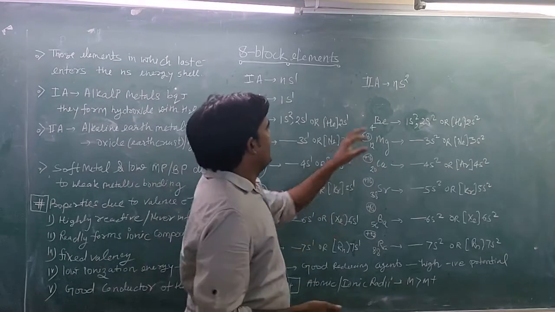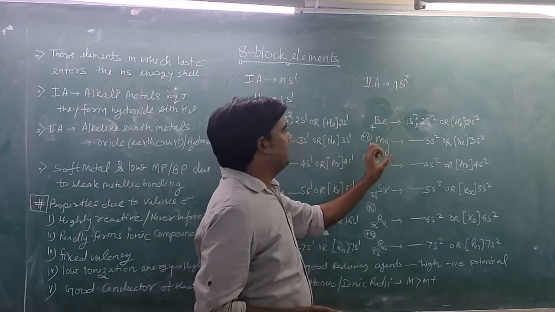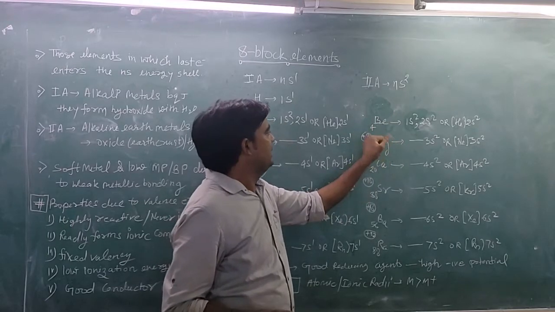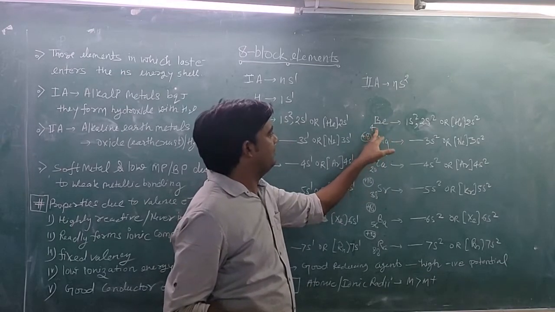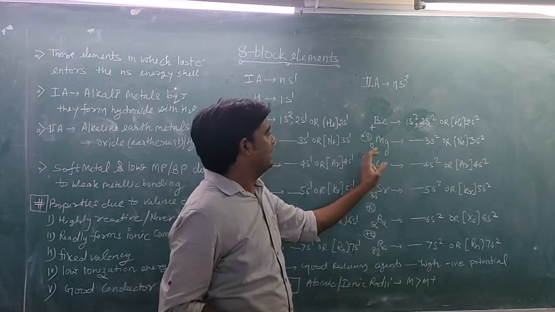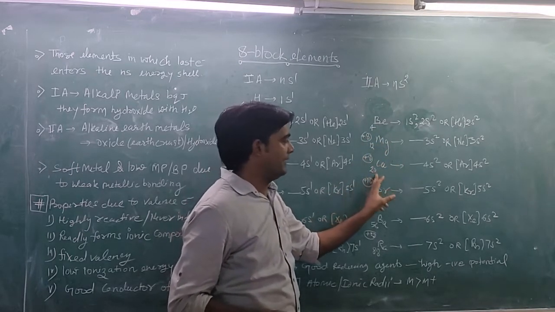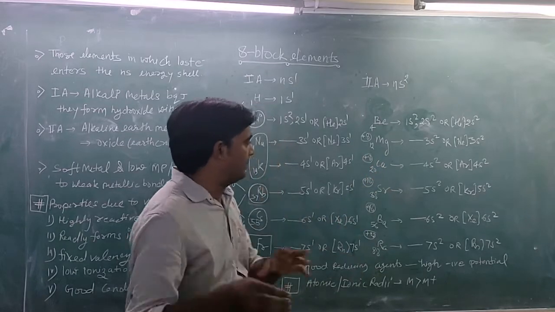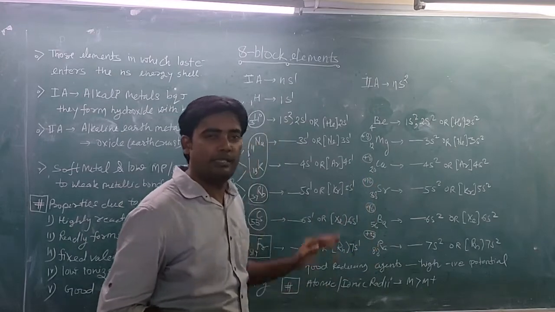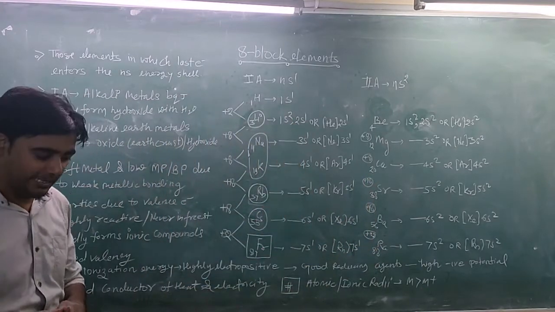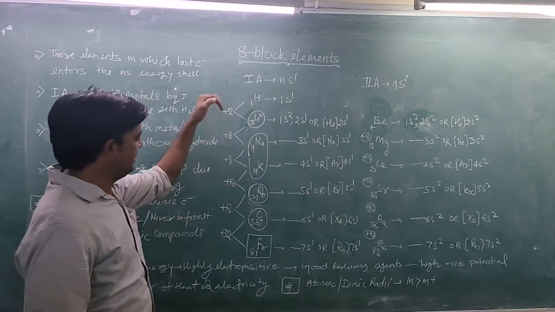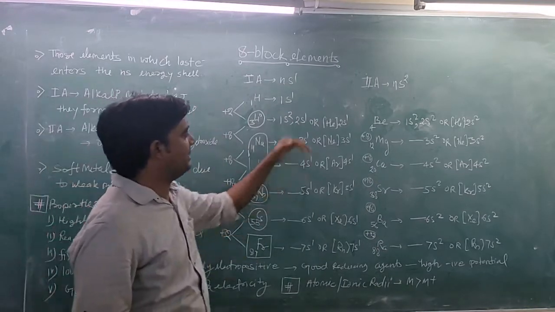Second A group elements are Be, Mg, and so on. The atomic number of Be is 4. If you add 8 to 4, you will find 12, which is the atomic number of Mg. Then add 8, you will find 20, which is for Ca, calcium. Then similarly 18, 18 and 32. Then you will find the exact atomic number of the next element in the group. So you need to learn these numbers. These numbers are magic numbers.